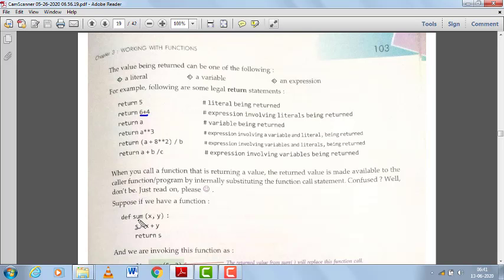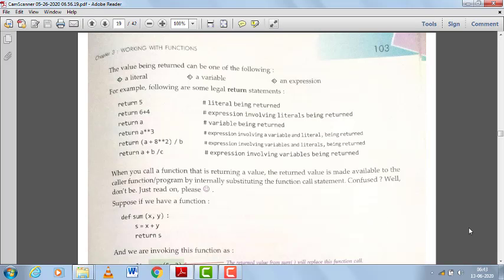Now, def sum(x, y). Here I am defining a function sum with two parameters x comma y. It will be called somewhere. Let me show.